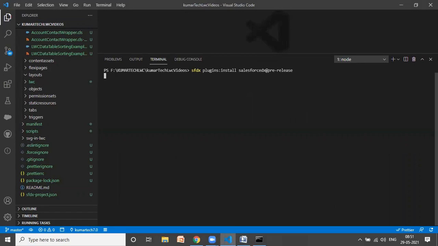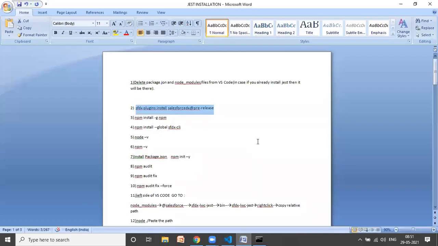Just to save your time, I need to run this command, then this command, and then this command. So basically what this command will do is that all the latest advanced plugins of Salesforce will get installed by this. The same for the newly updated CLI by this. For npm, go to this. And obviously these two we have already used, so you can skip these two if you want.